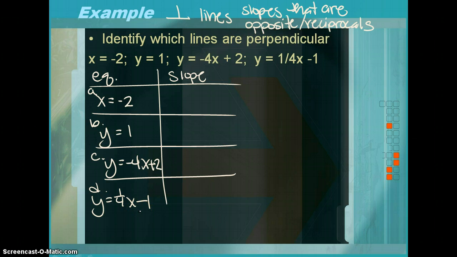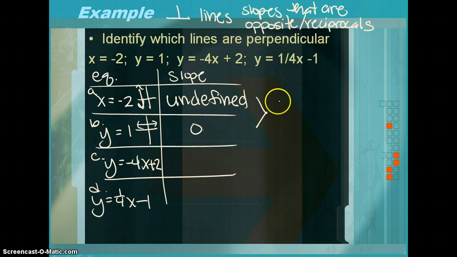Again, we want the slopes to be opposites and reciprocals. So the negative of the reciprocal, which means to flip it. So for this one, A, x equals -2, the slope is undefined. You should also be able to understand that the graph for this is a vertical line that goes through -2. Y equals 1 has a slope of 0. And again, this graph is a horizontal line that goes through 1. Just by looking at these two things and understanding that the x and y axes are considered perpendicular, you should very, very quickly understand that undefined and 0 are actually perpendicular. So these two are